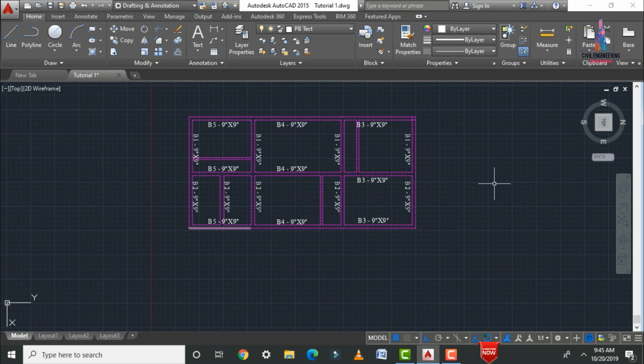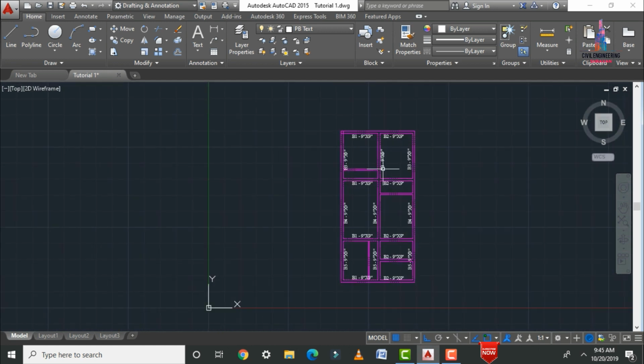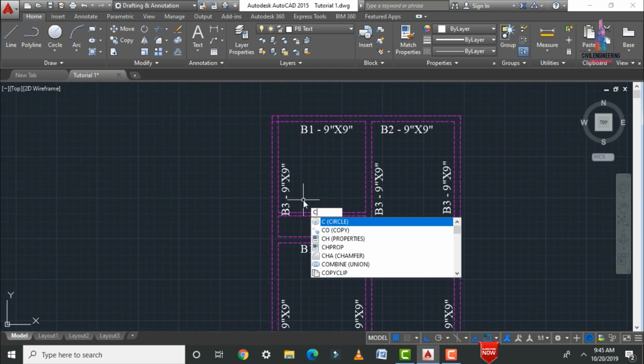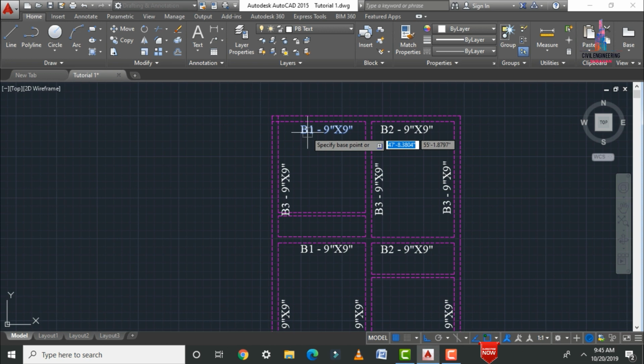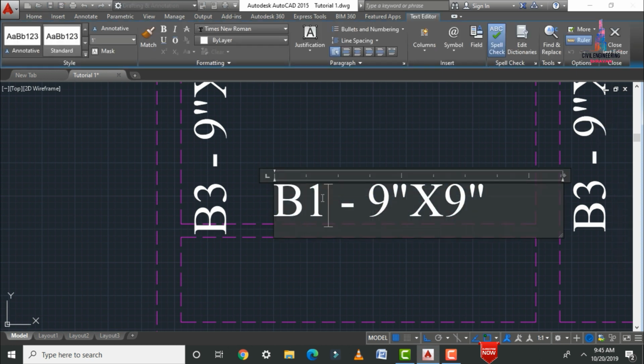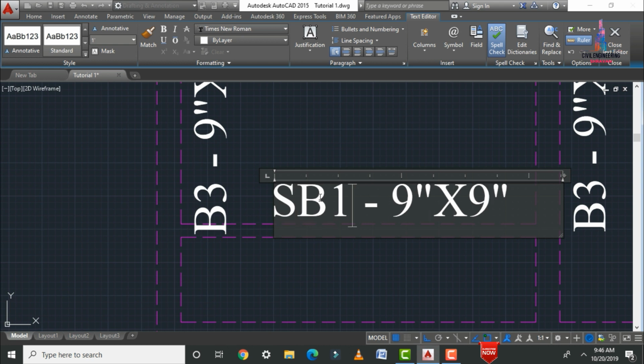Okay, so after that we have to draw the names for the secondary beam sections. Basically it will consist of your secondary beam sections here like this. Click on copy, enter, select this beam, select the point. Again you have to click on this respected point. Let us consider this respected name as SB, which is nothing but secondary beam 1, SB1, which has dimensions of 5 inches cross 5 inches. Just I am considering this.